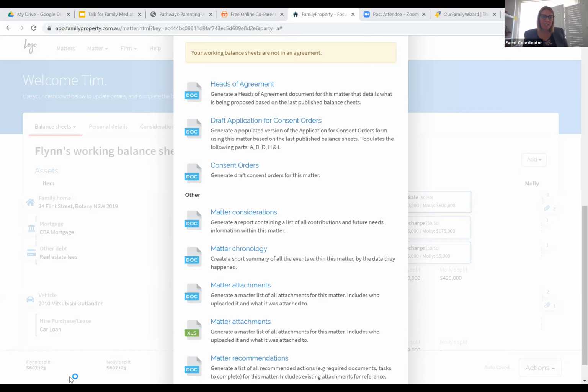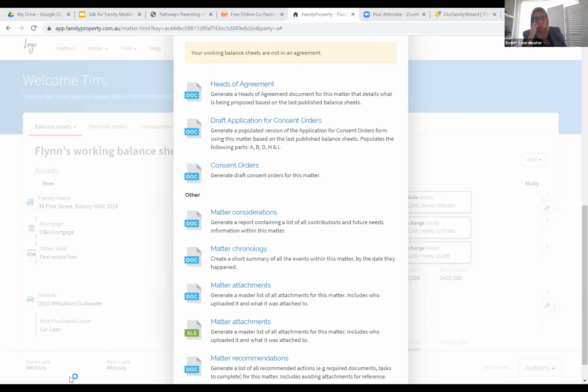So it asks for details around income, child support, and then property, again dividing it into real estate, motor vehicles. You'll see extra boxes for the extra motor vehicles, furniture, funds in bank accounts, what the totals are, the liabilities, and then the total net worth excluding super, if there's been assets disposed of, the superannuation, what's the value of that, financial resources, what the total split is. And then it does ask those questions around contributions.